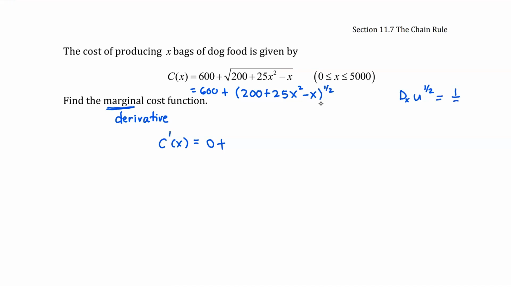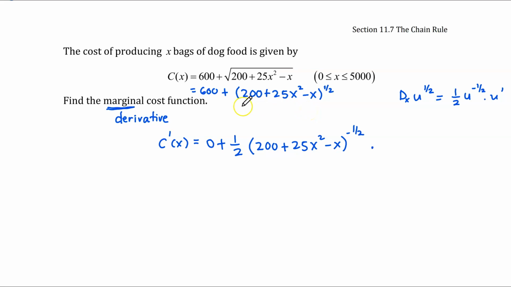That is just 1/2 u to the 1/2 minus 1, which is negative 1/2, times the derivative of u, so times u prime. Now let's apply this formula here. You have 1/2 times u, so (200 plus 25x squared minus x) raised to negative 1/2